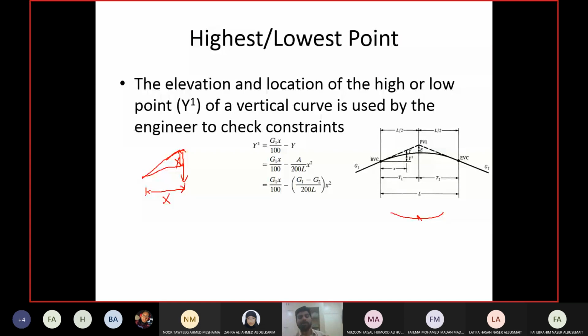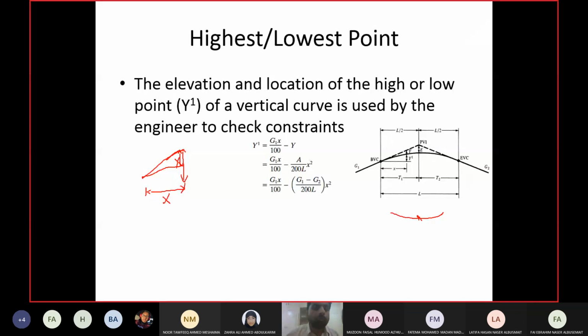Now let's say you have an installation below the ground. If the lowest point of the road has enough clearance from the installation, then the remaining points will also have enough clearance. Other points are higher, right? So if the lowest point has enough clearance, the other points will also have enough clearance. Similarly, if the highest point has enough clearance for the installation above the ground, then the remaining points are lower. So if the clearance is enough for the highest point, it is enough for the remaining points as well.